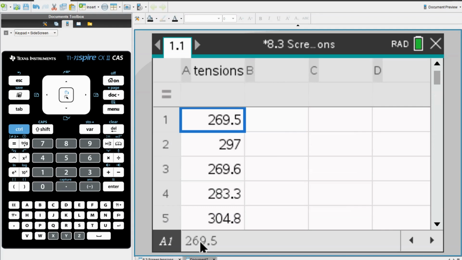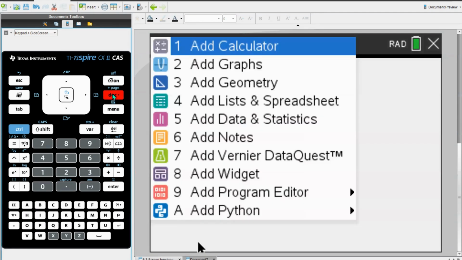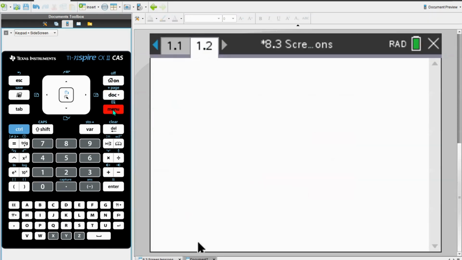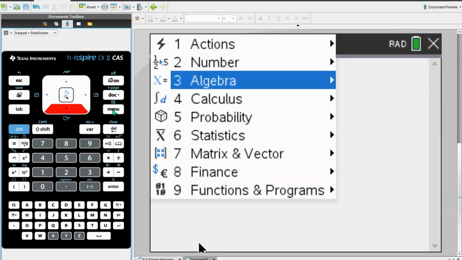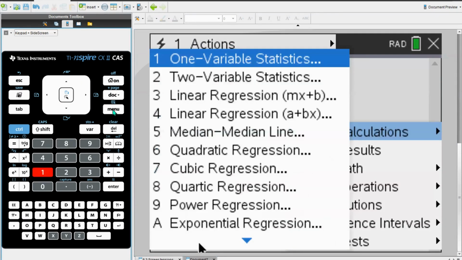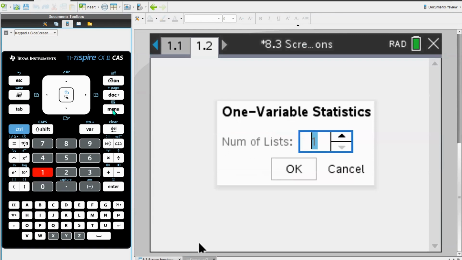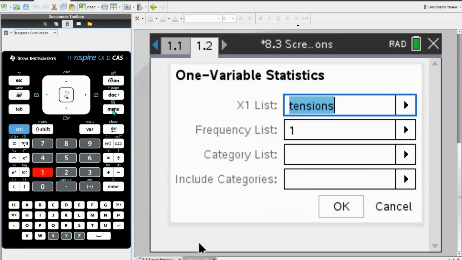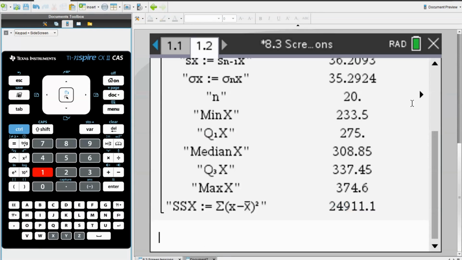What do we want of this data? We want to know the average and the standard deviation. So I'm going to add a page. In that page, it's going to be a calculator page. And from our menu, we're going to go to statistics, stat calculation, one variable stat calculation. We've got only one list of numbers, and that list is called tensions. So we're going to go ahead and get the summary statistics from that